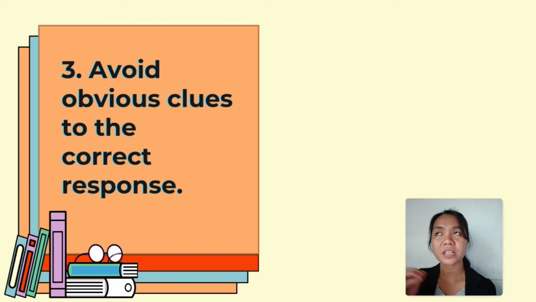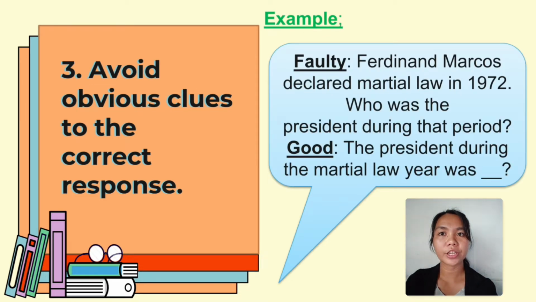Yes, because what is the essence of making the fill in the blank question if you already put the correct answer, if you already give the clue of the correct answer from the question itself? Just like for example, in item 1, Ferdinand Marcos declared martial law in 1972. So who was the president during that period? Next, the president during the martial law last year was blank. So in here, item number 1 already gives the clue that Ferdinand Marcos was the president during that time